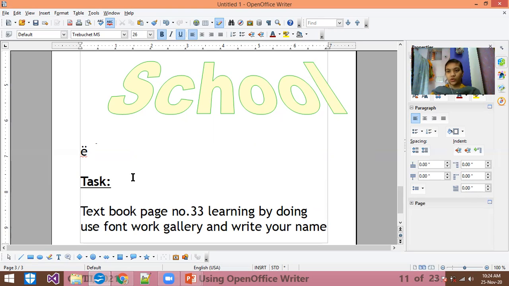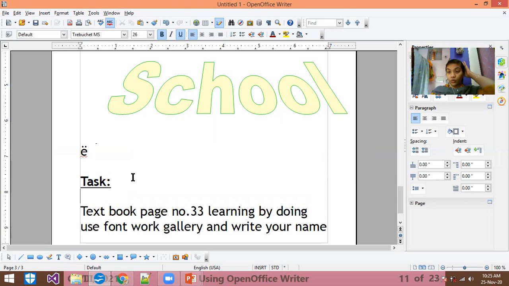उसमें shapes आपको दिए हुए हैं. First जो shape आपको दिया होगा that is used by the font work gallery. उसमें font work gallery का use दिया हुआ है. I'm showing you that also. Here on the top shapes, आपको जो shape दिखाई दे रहा है वो font work gallery है, same आपको use करना पड़ेगा. At the bottom 3 shapes are given. Below that rectangle, sorry, ellipse are drawn, and in it write down the name of above circle, rectangle and the triangle.